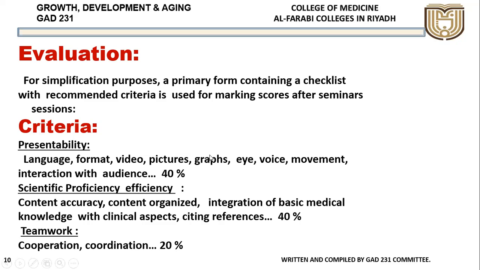And if you are using the graphs, you should be specific and you should be able to show. Then the voice, eye contact. Because right now we are online, we don't have the eye contact, but the voice, how clear is his voice, that we will check. Then the movements, again movements we cannot check because we are online, but interactions we will expect the other student